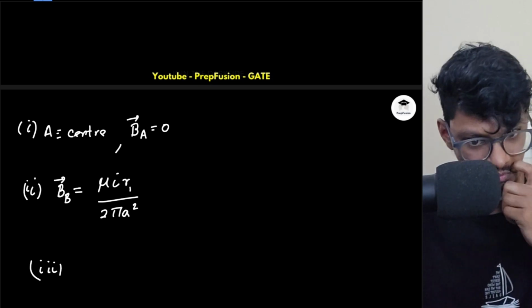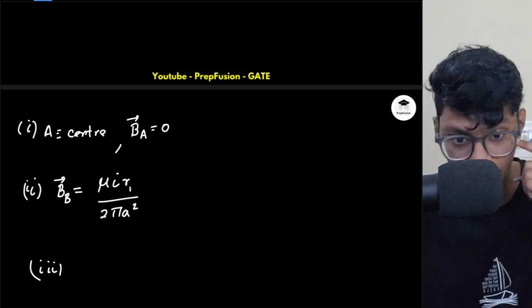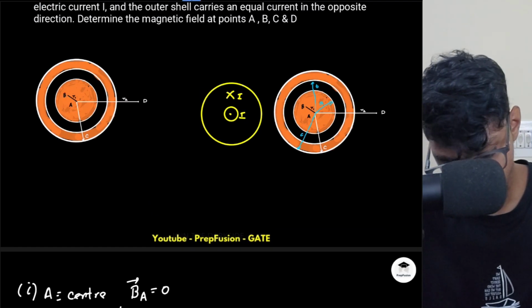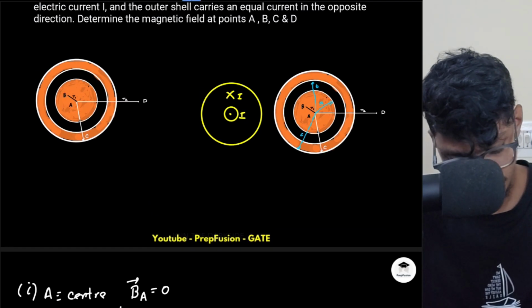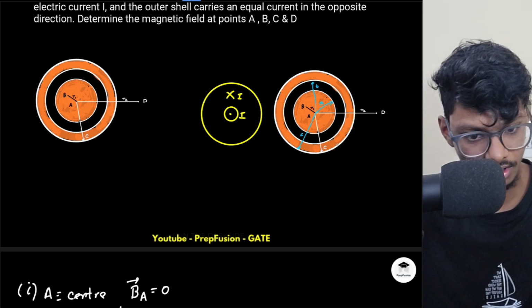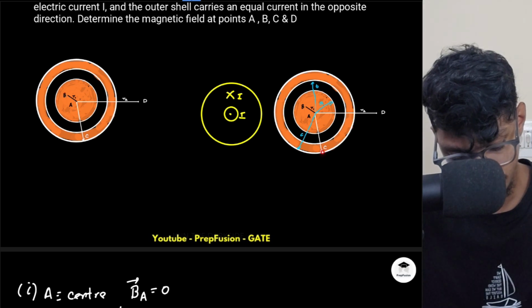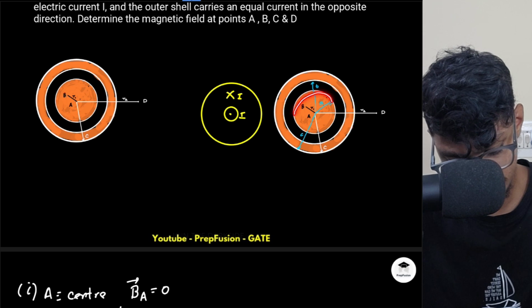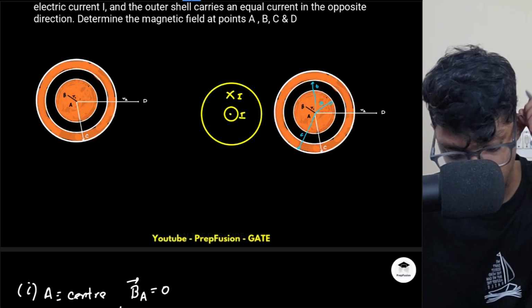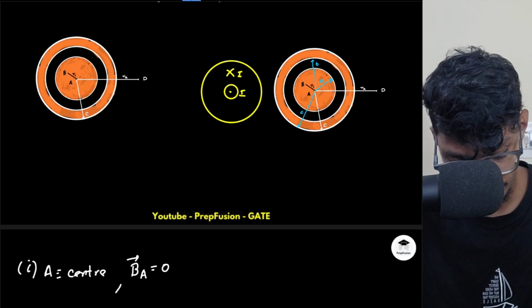Okay. So I hope we got the point. Now what will be the magnetic field here? Magnetic field at C. So magnetic field at C obviously will be due to two things, due to this one and due to this one as well. Am I correct? So what will happen here is that,